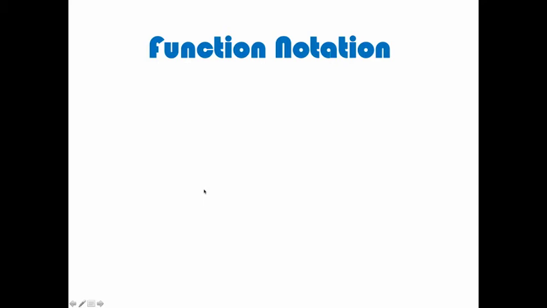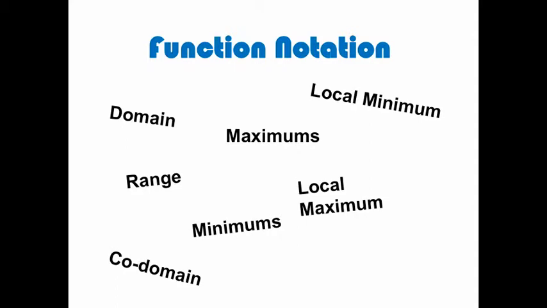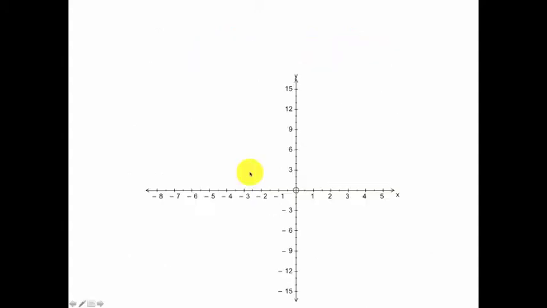So as you've just seen, guys, today we're learning all about function notation, and in particular we're going to cover things such as domain, range, maximum and minimum values. Now there's a few words that we might come across that you haven't seen before, such as domain, range, maximums and minimums. Pretty funny that, considering that's what the lesson's about. But of course there's going to be some other words such as local minimum, local maximum, codomain, and we're going to come across some things like round and square brackets, and they're going to have different effects on the way the graph looks. So what we're going to do now is we're going to go through and sketch the graph